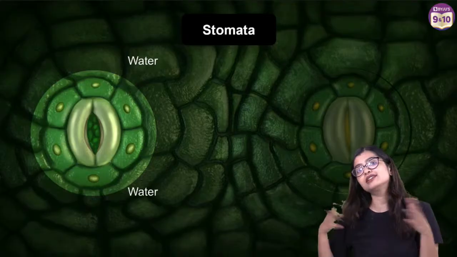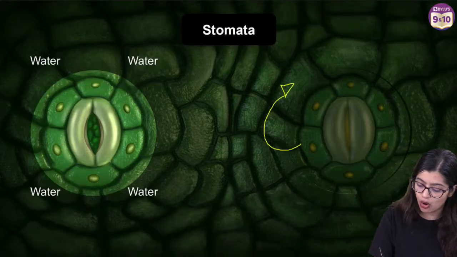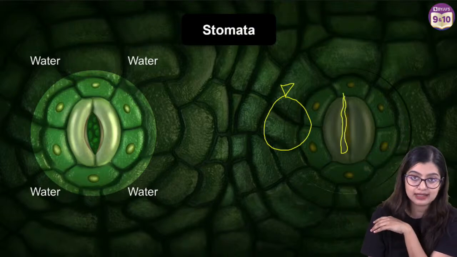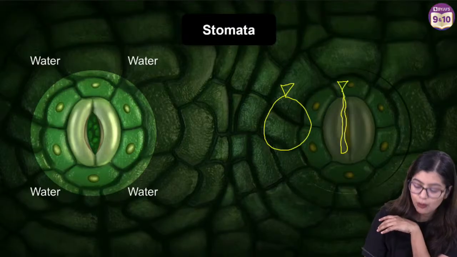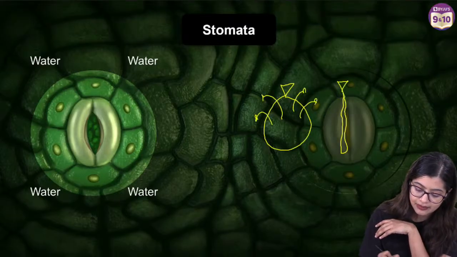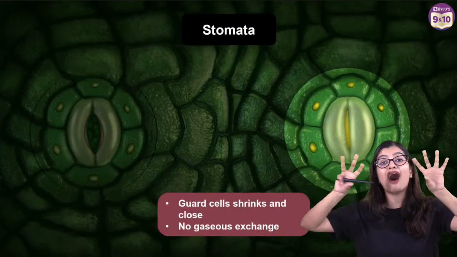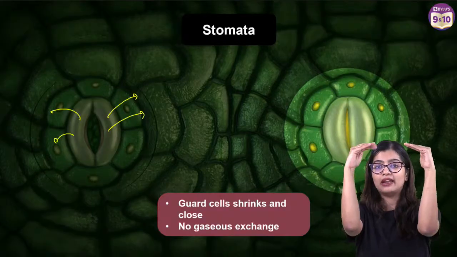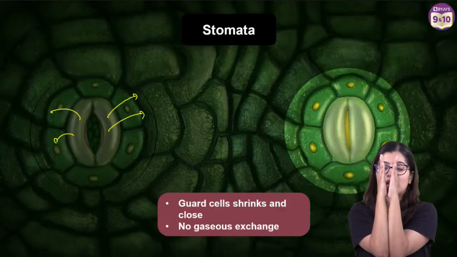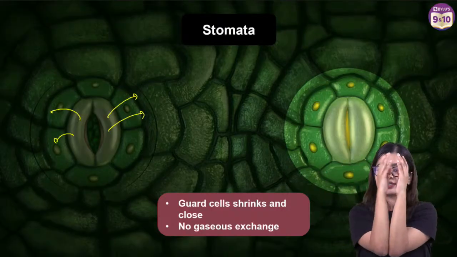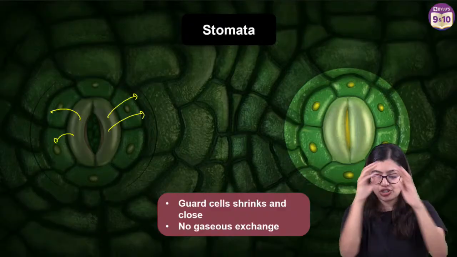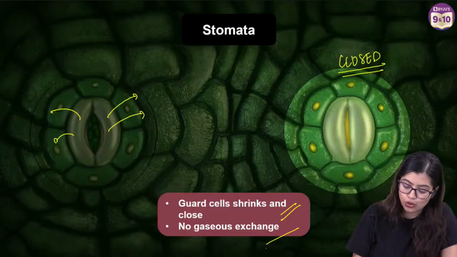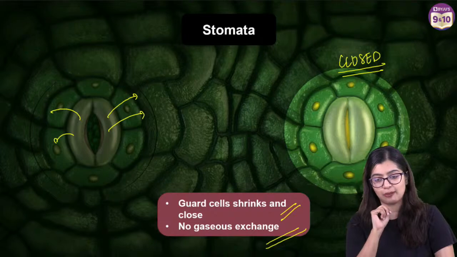Stomata will close when the water is gone. So if I have a fully blown balloon and I want to make sure that it goes back to being loose like this, then I will get rid of all the water, right? So in this case, water will move out of the cell, and as a result, these kidney shaped cells will become flaccid. That means they have lost their shape. Stomata will become closed, thereby no gaseous exchange is going to take place, right?